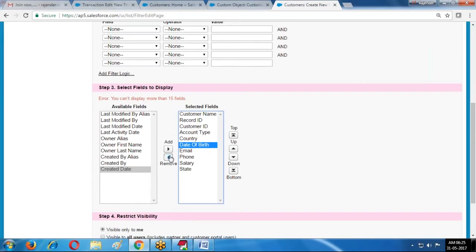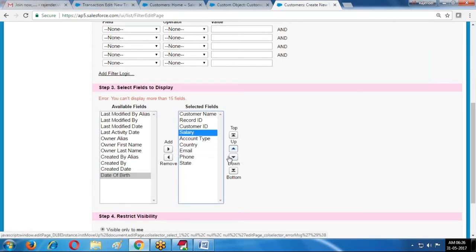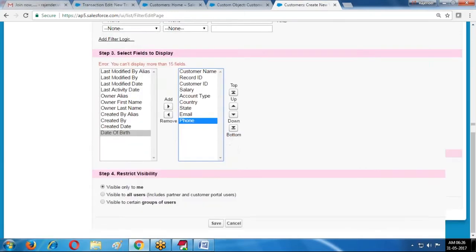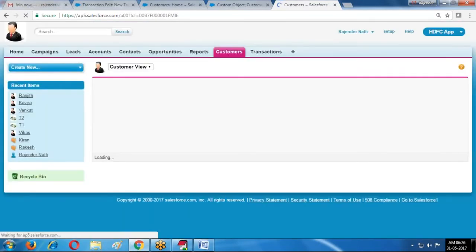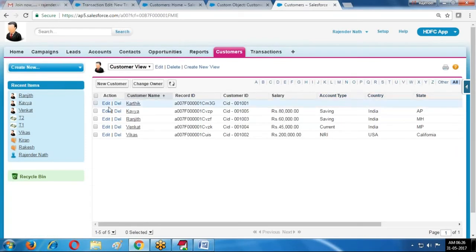If you enter date of birth, it is displaying. Email, if it is provided, it is displaying. Salary. State, phone number. Whatever order you provided, in the same order it is displaying. This is one view. In the view it is displaying like this.